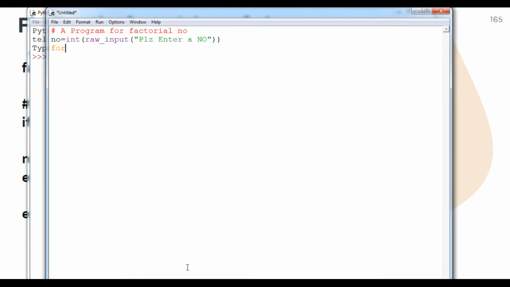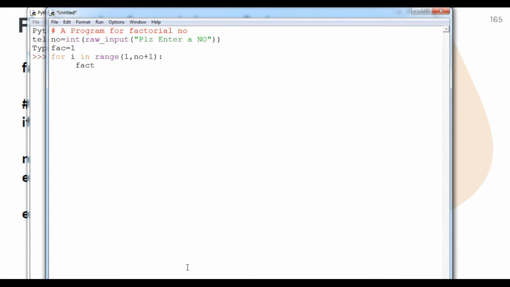After that, I am going to run the loop. First of all I will do one thing. By the name of fact I will create a variable, that is fact, and inside that, suppose, the number. For i in range, range will always start from 1, to the number plus 1, because the range already stops at n minus 1.